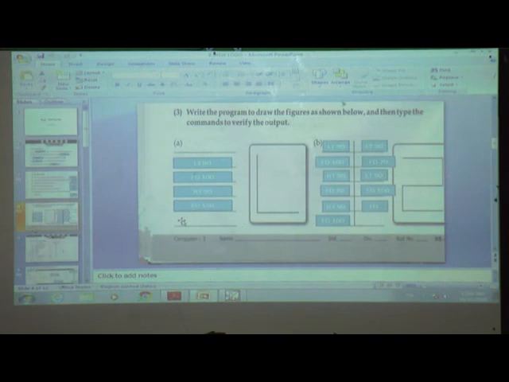Now write the program to draw the figure as shown below and then type the commands to verify the output.